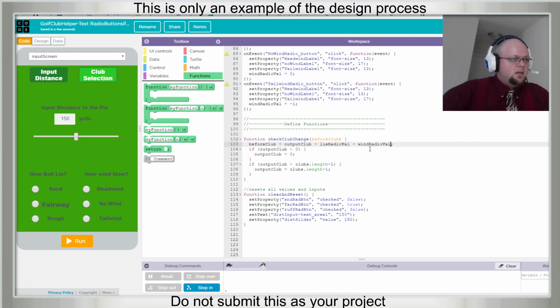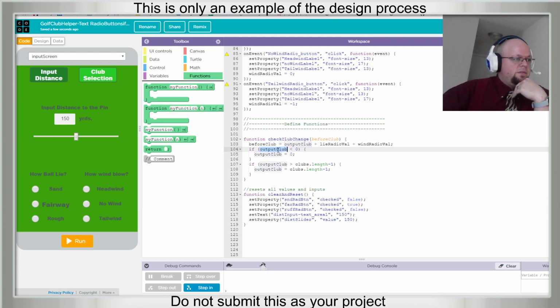This is adding -1, 0, or 1 for the type of lie, and this is adding -1, 0, or 1 for the wind.